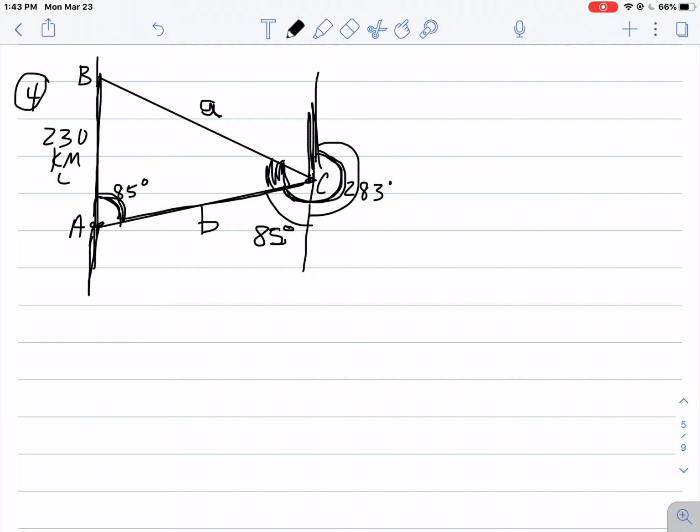Remember, we have the two parallel lines and then the transversal, which is side B. And so whatever the measure of this angle is, has to be the same as the measure of this angle. So that's a transversal running through those parallel sides. And since that's 85 degrees, and I already know the 180, I can find the measure of angle C